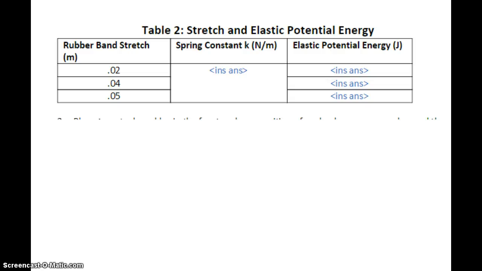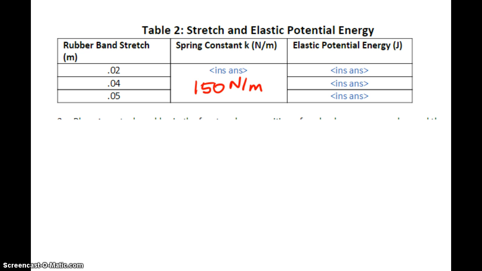This screencast will cover Section C of the topic for Cycle 2 Apply Lab, tables 2 and 3. In the first screencast, I found that the spring constant for the rubber band was 150 newtons per meter, and I'll use that for all of the rubber band stretches. You might find that it's not that linear in some sections. There might be a little bit of an issue on the measurement, but use that single value as you go